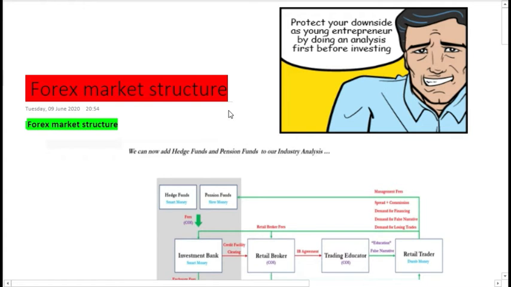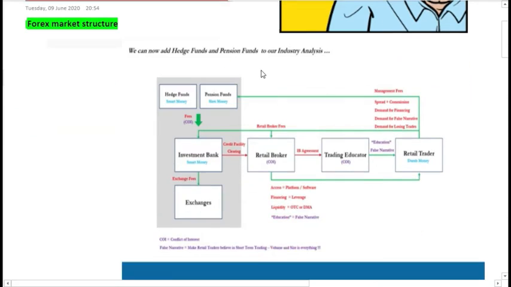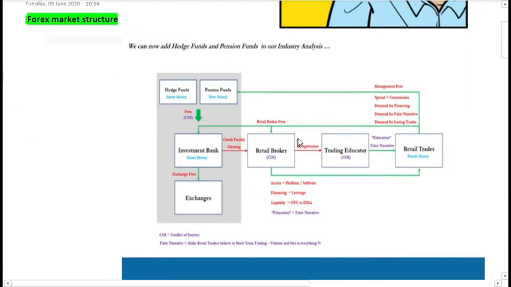So in this slide we'll be talking about how the structure is built in the industry, the market structure itself of the forex market, right? So here there's a nice diagram that we are supposed to know, the linkage between smart money and dark money, right? That is connected by retail brokers, right? So it's very important for someone to know. But before we start, it's very important for someone